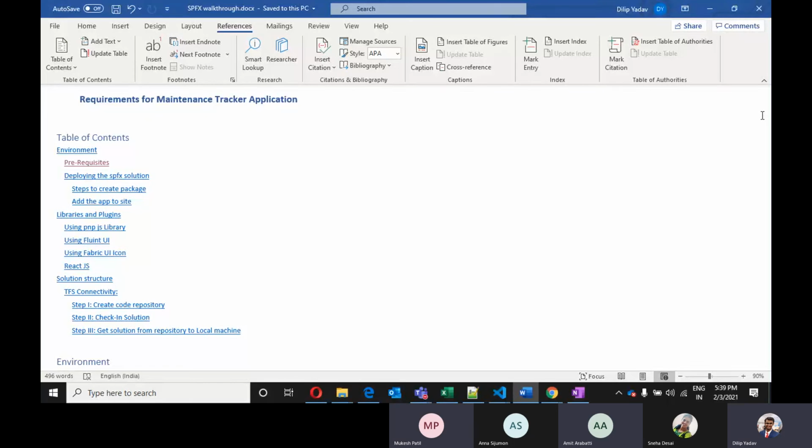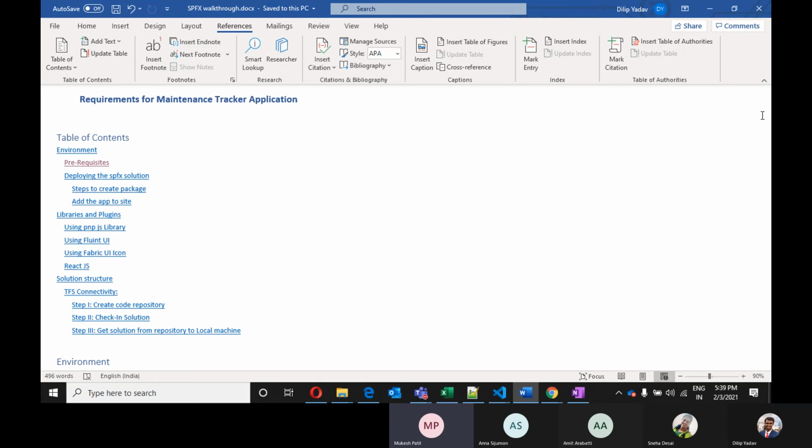All right, so this is it from my side. We can again plan for a session once you have referred to the React training videos. In that session, I can show you the CRUD operations: how we can run, how we can deploy, and how we can perform the CRUD operation. Once that is done, it would be quite clear. Let me know if you have any queries for now.